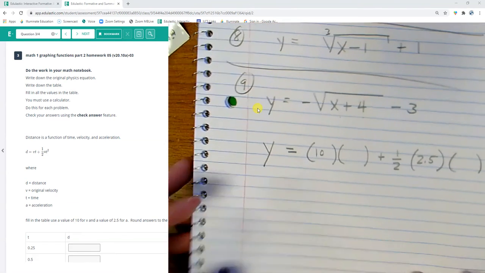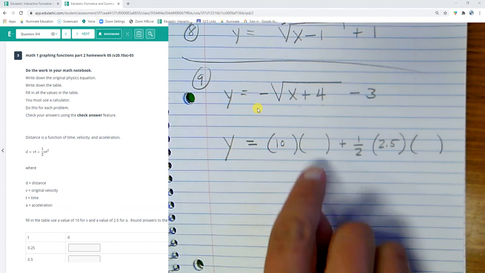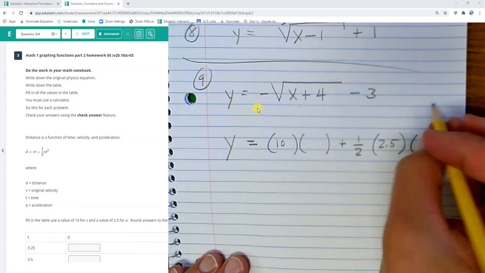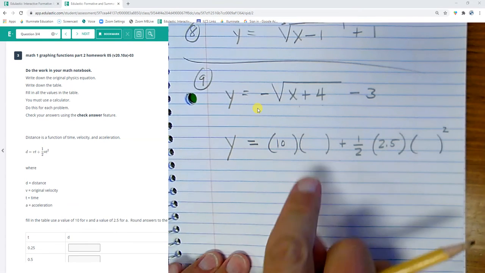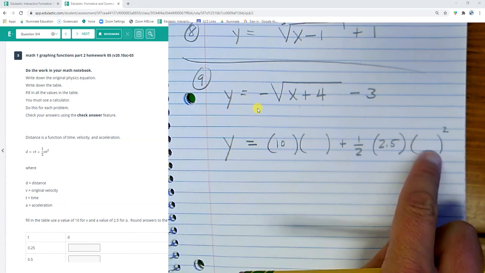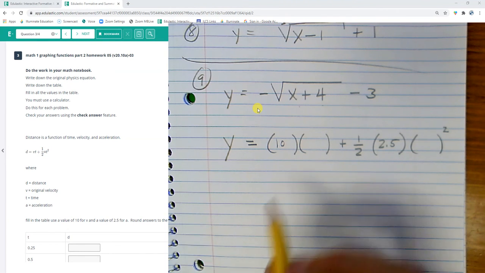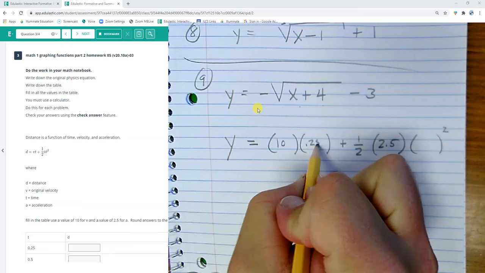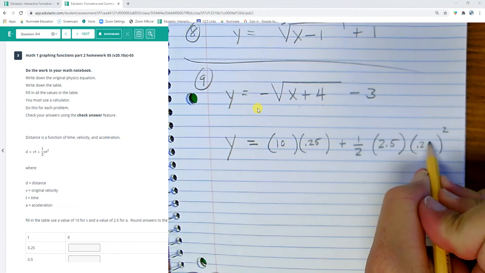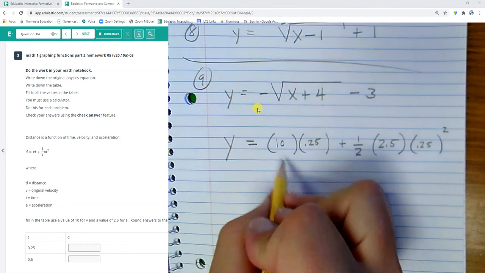So what I'm going to do is plug my t in. I'm missing a square on this. I'm going to plug in the t values here and here and evaluate this. Our first t value is 0.25, so I'm plugging in a 0.25 and a 0.25. Okay, so this is going to give me a 2.5